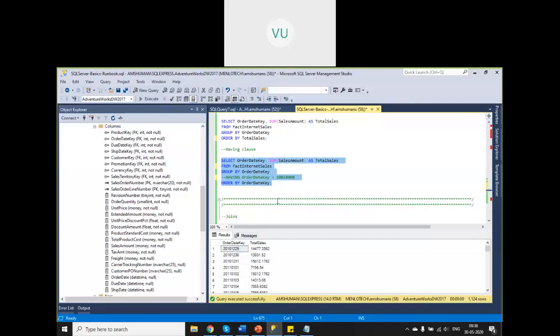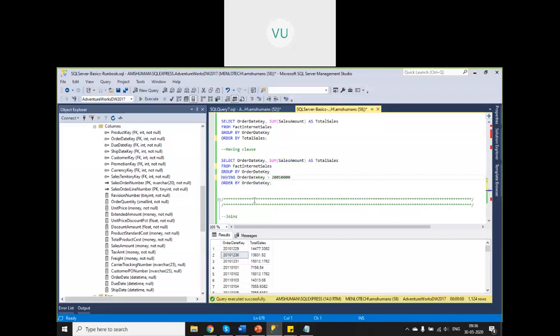You can see some value like 20,000, whatever. Now you want to filter this result set to records having this particular value greater than some value. That is the purpose of having.